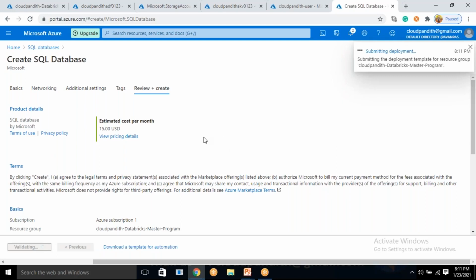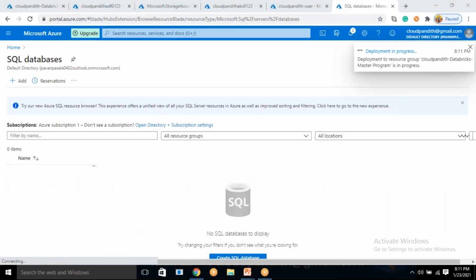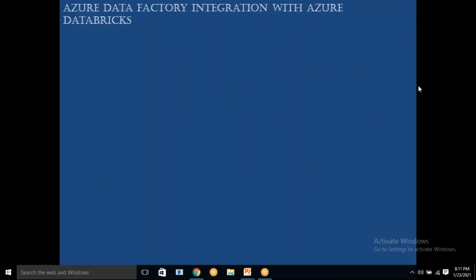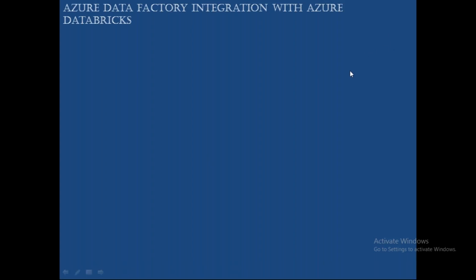Okay, let's start with the actual diagram. I'll just go one by one. Based on our diagram, we will go and do the lab, so it will be easy for us to understand the things. In this particular diagram, you see first I